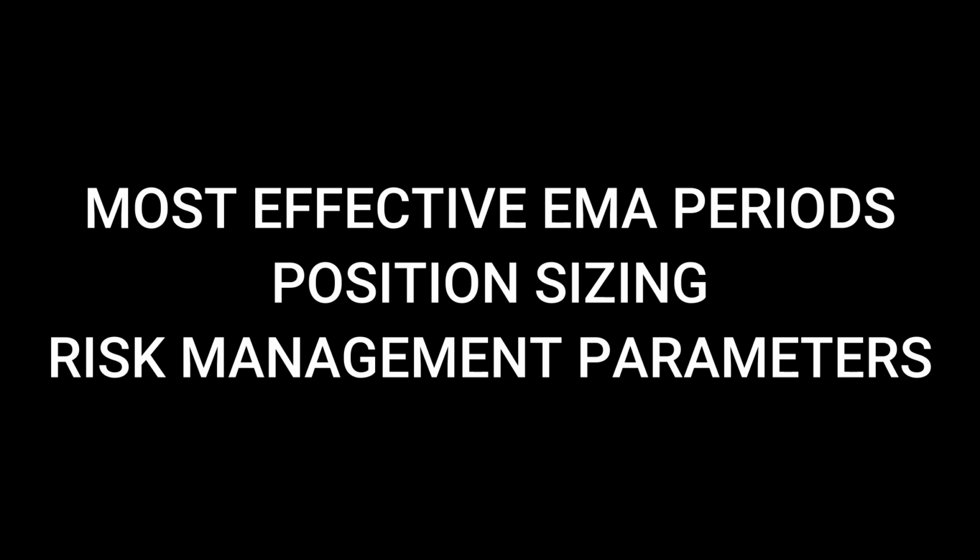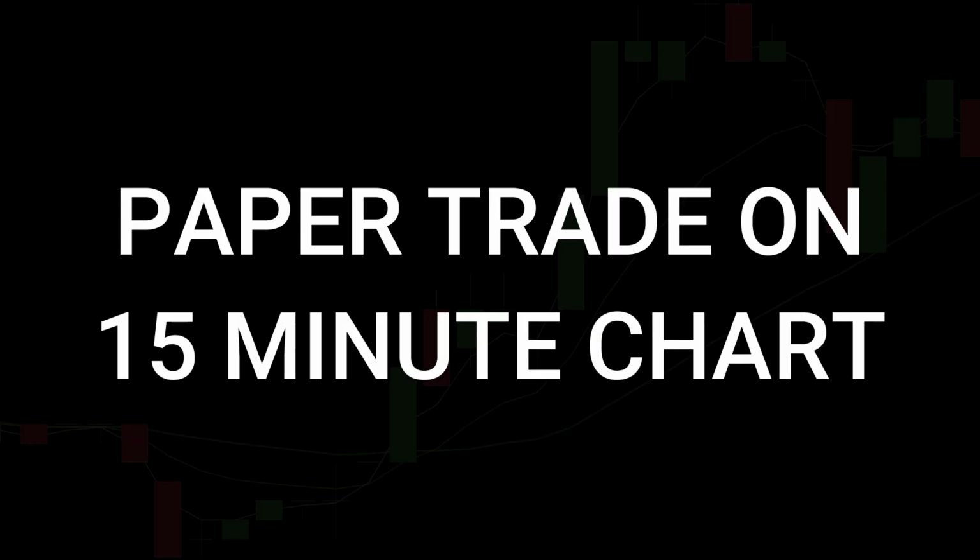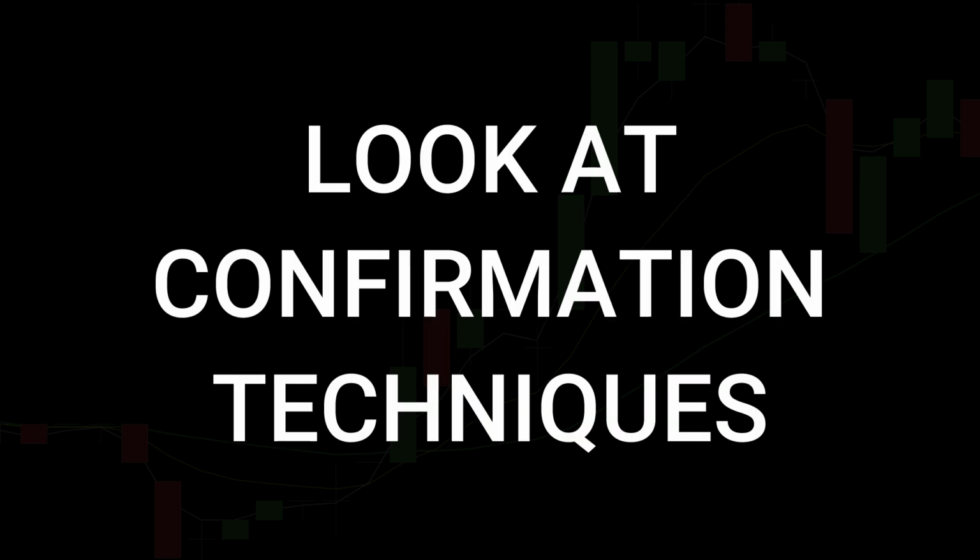So the takeaways here, the big ones: start to paper trade the strategy on a 15-minute chart. Use the 3, 10, and the 20 as your primary signals. And then incorporate other tools like the patterns and momentum indicators to validate your trading signal. But before you add any other tool, use the consolidation method after the cross as the first thing that you're